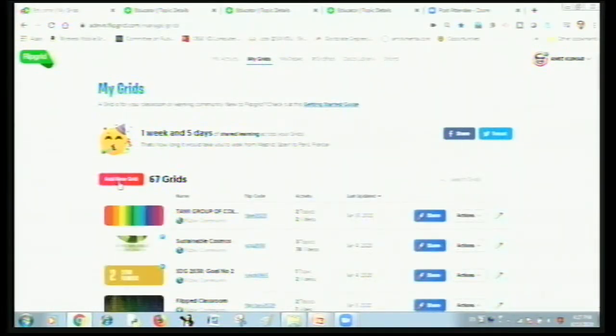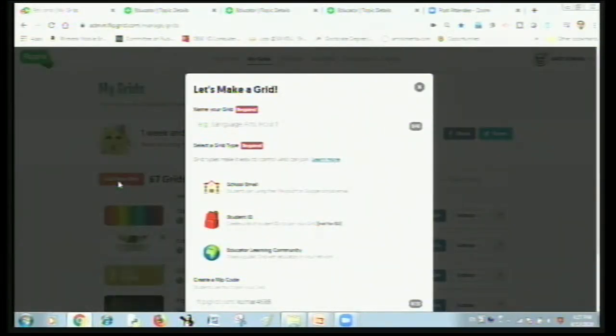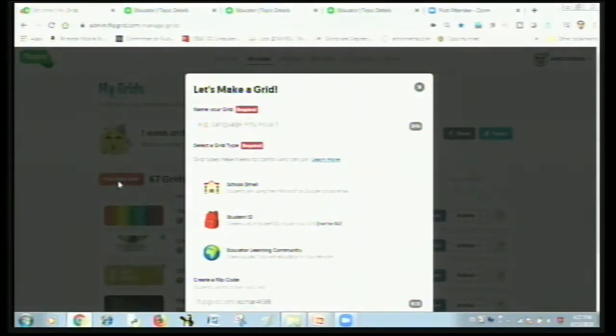Create a new grid or add a new grid. Even if I haven't created any grid, it will show my grid page on screen. Yes, it is shown blank. There will be 0 grids. You will create your first grid, right? Okay. So it's like